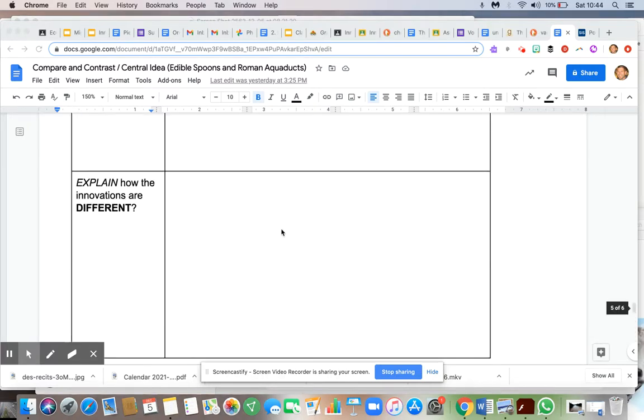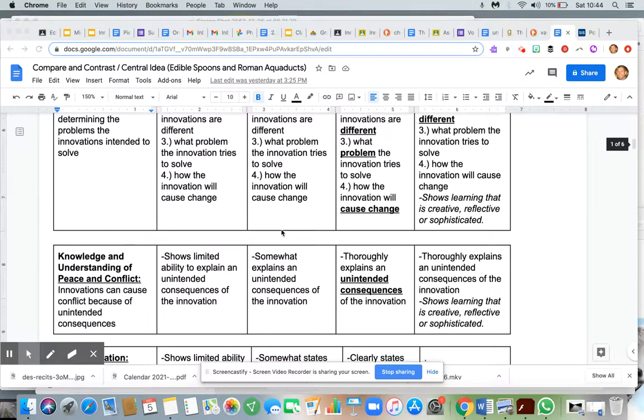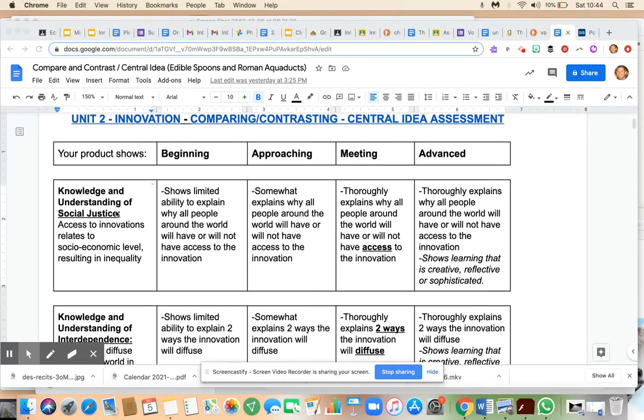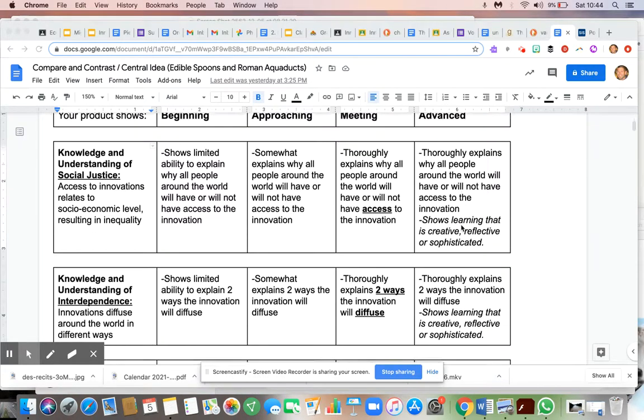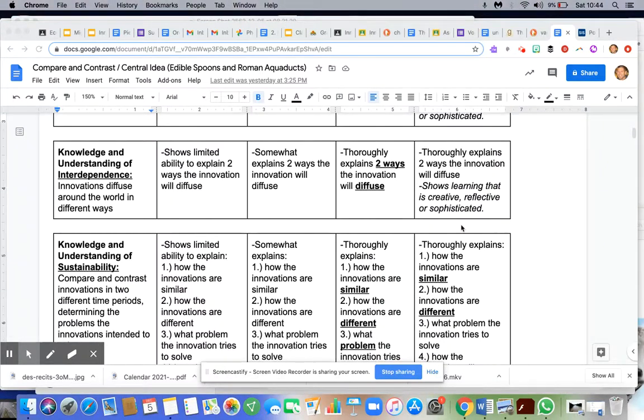And then when you're finished, I'd recommend that you take time to review the rubric up at the top. So for instance, with this first area of social justice, I'm over here. Do you really show that your learning is creative and reflective and sophisticated? Did you really expand and show your thinking on it, as it relates to thoroughly explaining why all people around the world will have access to the edible spoon or the aqueducts? So again, just read each of these and double check yourself to see that you really show